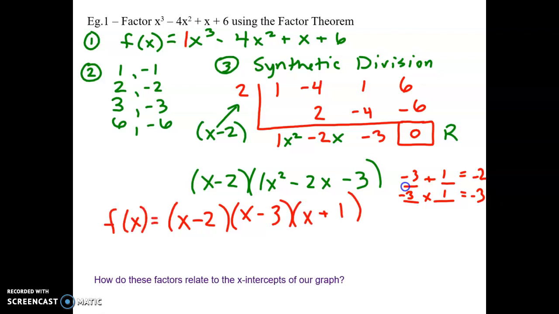from the original equation. Now, how do these factors relate to the x-intercepts? Again, once it's factored, now we could look at x-intercepts. The x-intercepts are what make each factor equal to 0, right? So what would make the first factor 0? 2. What would make this factor equal to 0? 3. And how about this factor? -1. Good. So in this case, I have 3 x-intercepts, and now I know exactly where they are since I